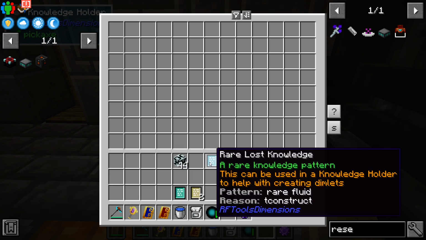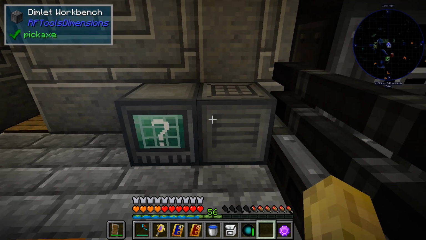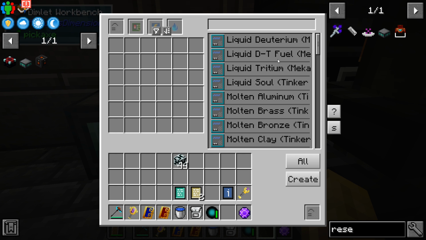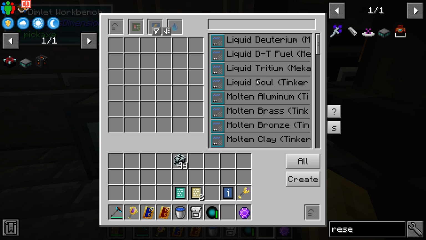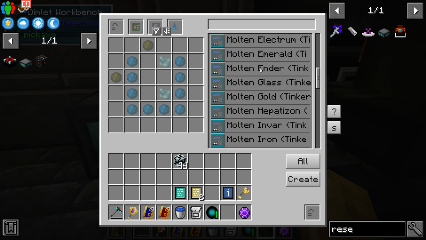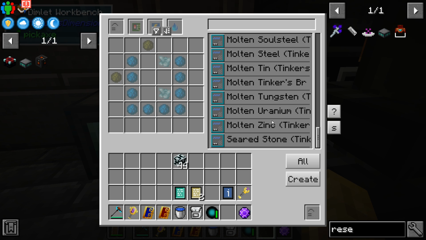Now, if you put your knowledge into the knowledge holder, you can see that we can now make dimlets holding rare fluids. So we could make dimlets that make nuclear fusion fuel, or molten ender, or gold,